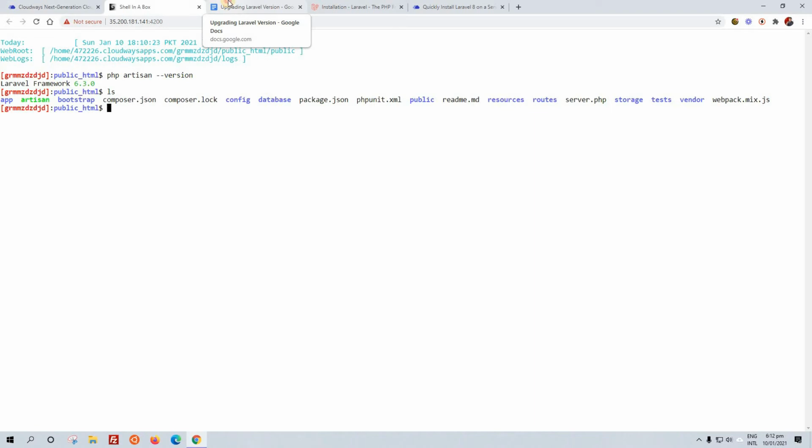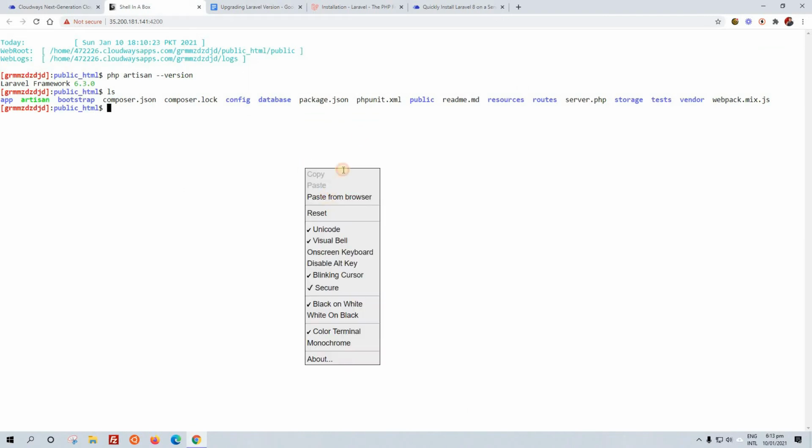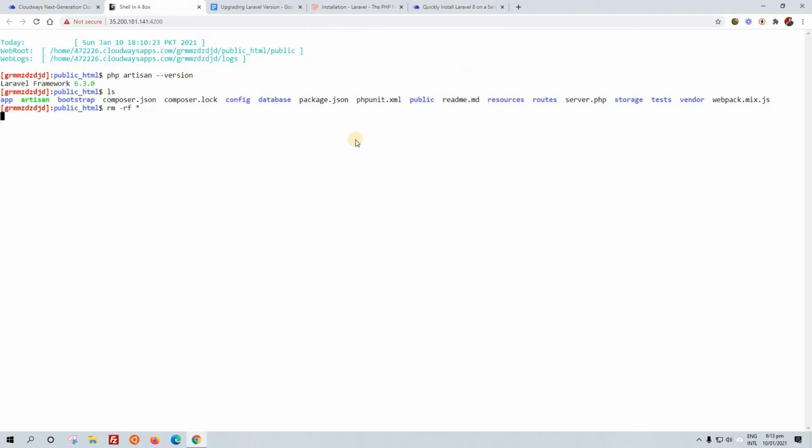How can we do that? Just copy this command, that is for the removal of all these files, and just paste. Click OK. Voila, all the files have been removed.